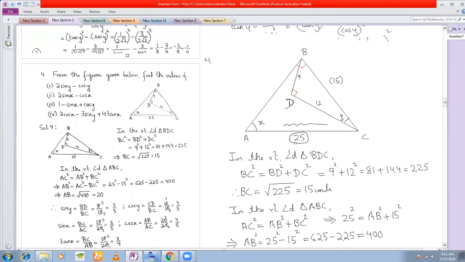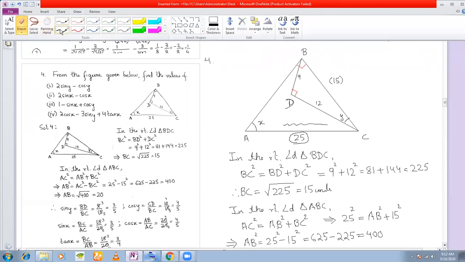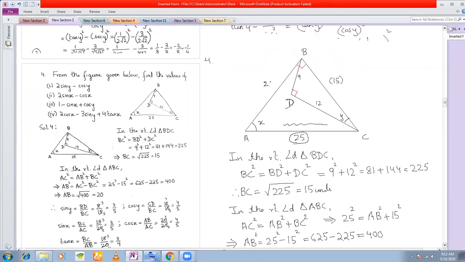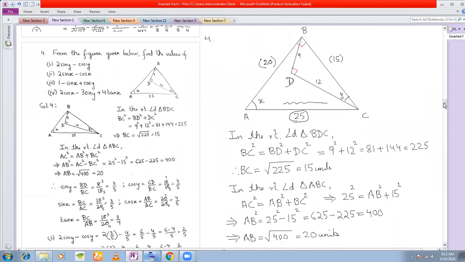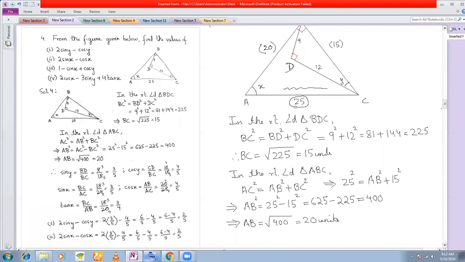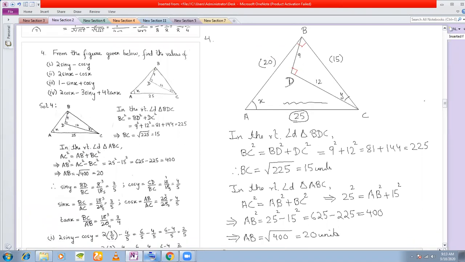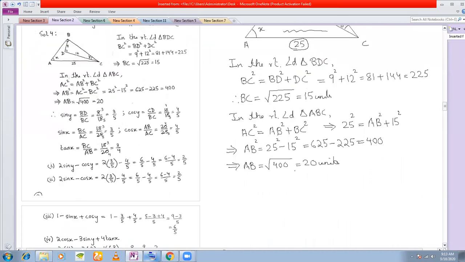So now all the sides of both the right angle triangles we know. So this we have found as 20. We now know all the sides. Let us now proceed to find out the various ratios that we require. We require sine y, cos y. We require sine x, cos x. And we require tan x also. So let us first find out all this. Now if you see, y is related to this triangle, and x is related to the bigger triangle. So let us now find out sine y and cos y first.